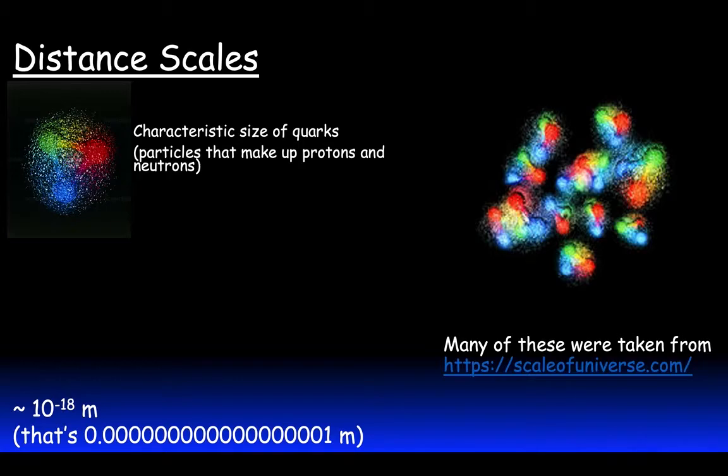So, the characteristic size of quarks. Quarks are particles that make up particles that make up atoms. So quarks are the smallest unit of nature that we are currently aware of. It may be possible that there are even smaller things that make up quarks, but as of right now, those are just hypothetical. We do not know of any that actually exist. So the typical size of a quark is about 10 to the negative 18 meters. You can see down here that I am using scientific notation because it's much easier to write 10 to the negative 18 than